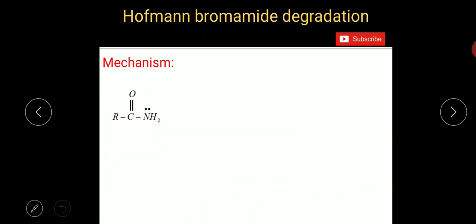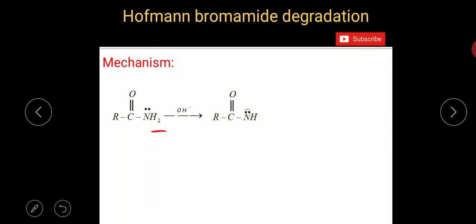In amide, you got two hydrogen atoms bonded to highly electronegative nitrogen. In organic molecules, if you have hydrogen atoms bonded to highly electronegative atoms, then we call them active hydrogens. So these two hydrogen atoms are active hydrogens which are acidic in nature. These acidic hydrogens can be removed by a strong base. So in presence of an alkali, OH minus ions, the acidic hydrogen atoms bonded to nitrogen can be removed. One of the acidic hydrogens is removed now by this OH minus ion.